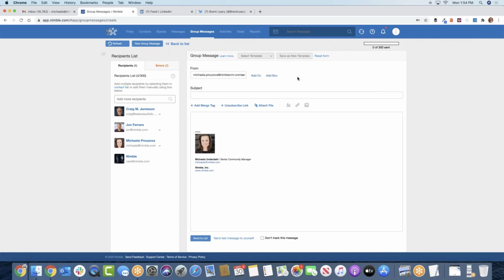So basically, using the segmentation feature together with the group messaging, if you do it right, if you take the time to carefully curate the list first using the search feature, and then also slice it down to smaller groups for outreach, and then think about what exactly goes into the email, with the combination of it looking like you sent it as a one-on-one message, that can really result in some incredible open rates.